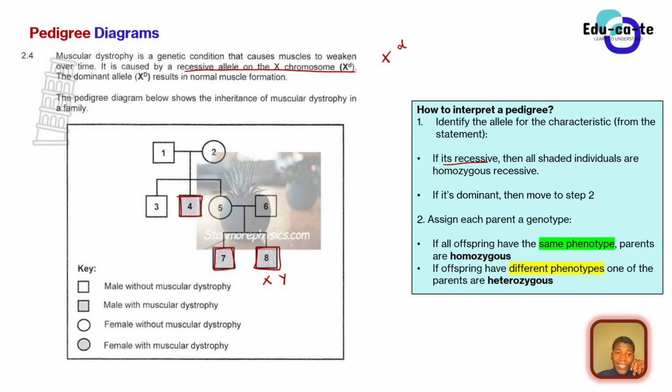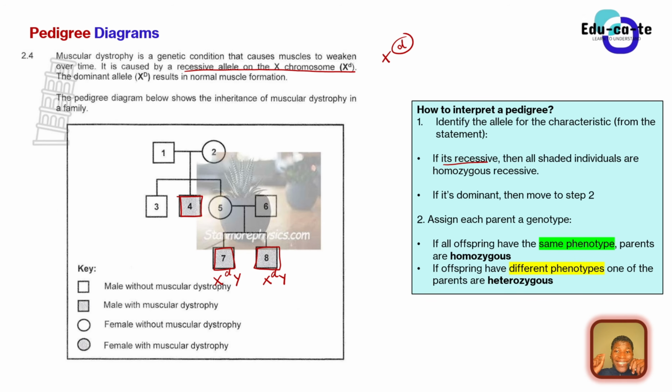I've made a video on sex-linked inheritance. So you have XY, XY. And then you talk about the alleles. Since these people are affected, it means that they have this recessive allele causing the condition, which is represented by small letter d. So this is XdY, XdY. Because it's sex-linked inheritance, you have to include XY. But if this was not sex-linked inheritance, then you would just write small letter d and whatever that is.